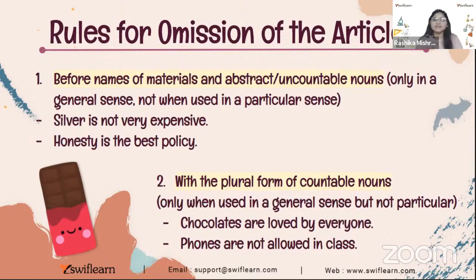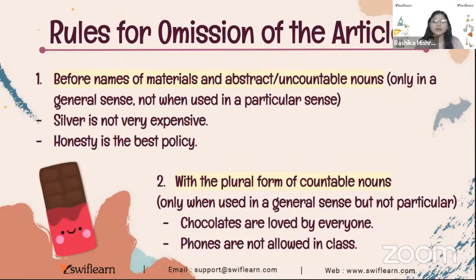Now we have the second example: honesty is the best policy. Honesty is an abstract noun, right? Because we can't see and touch honesty, we can only feel it. That is why we will not use any article before honesty here. And the second condition: articles will not be used with the plural form of a countable noun